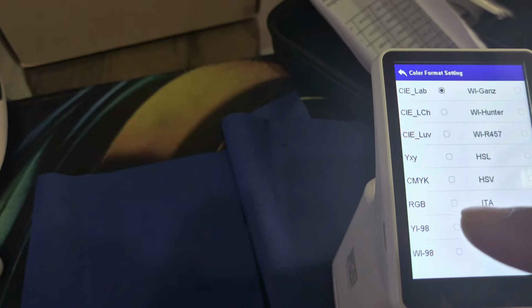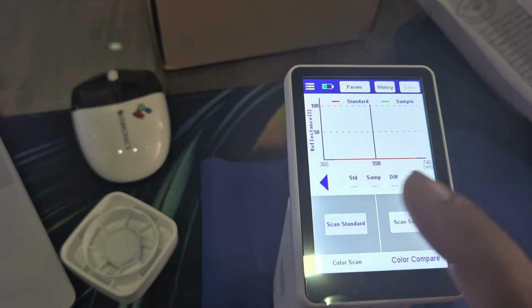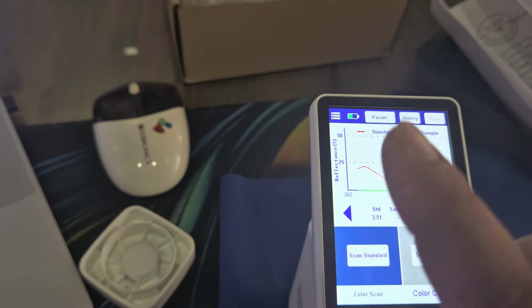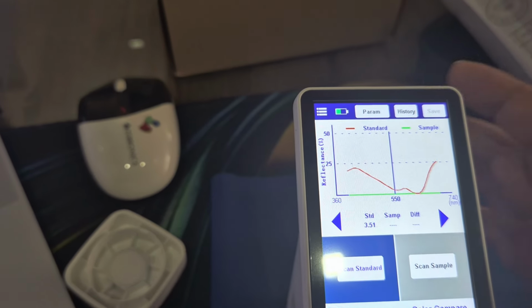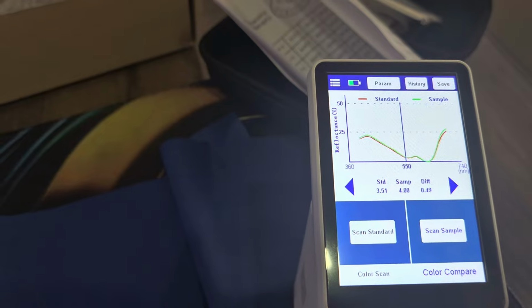These are the parameters. See, multiple parameters are there: LAB, LCH, ITA, spectra. If you click on spectra, it will show you the spectral graph. Okay, I scan the standard. See, the spectral graph is here. Then I scan the sample. See, the spectral graph is here. So according to this, it shows you the difference of